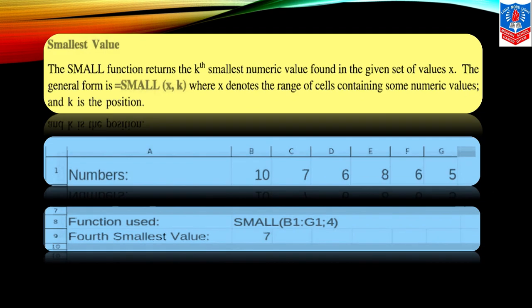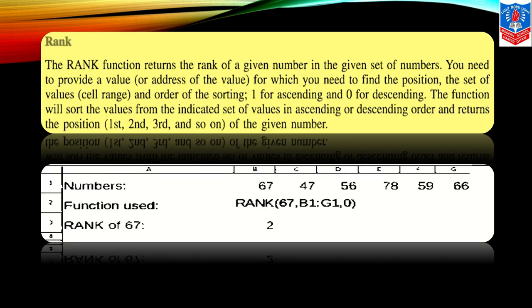Similarly, for the smallest value, if we put the rank of the smallest value, the third smallest or second smallest value, it will give you the smallest value after 10. If we say B1 colon G1 colon 4, it will give you the value at the fourth position, the smallest value. Next, we are going to